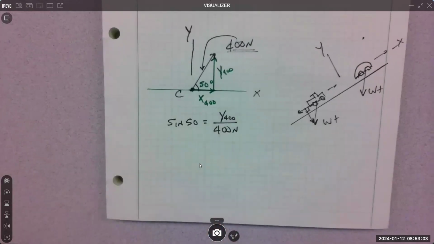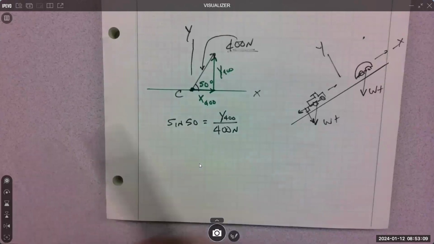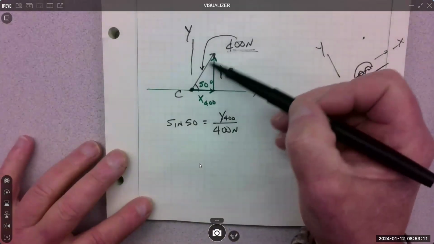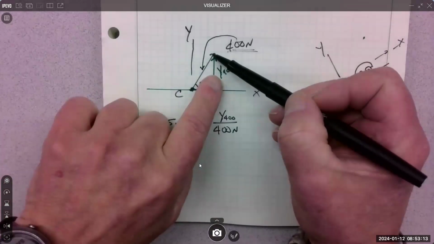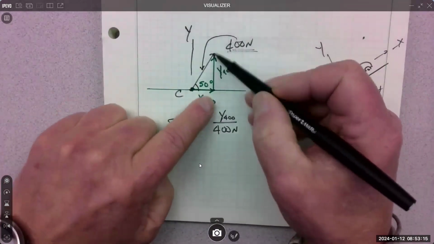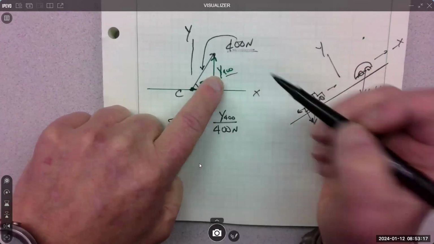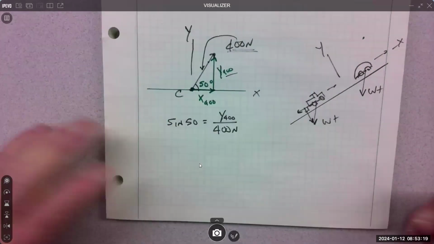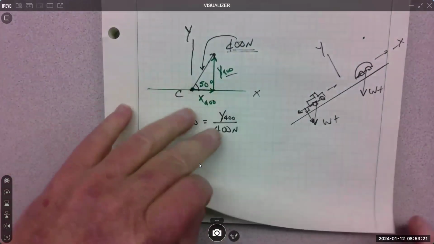We're going to end up with a lot of forces, so we got to keep track of these components. Like, oh, this is the Y component. Huh? Yeah, so since it's a 400 Newton magnitude force, this is the Y, the up and down effect of the 400 Newton force. Might make more sense if I said, oh,